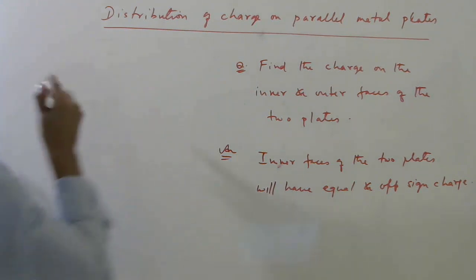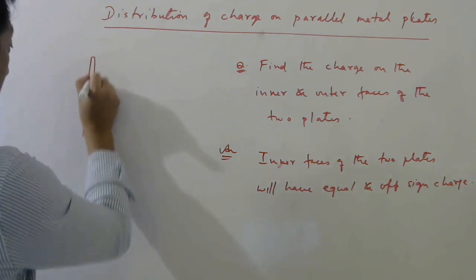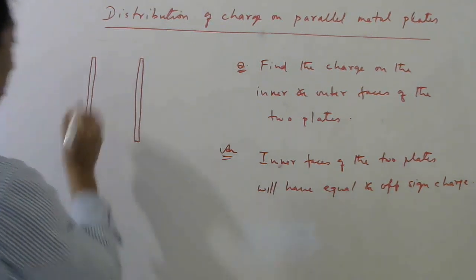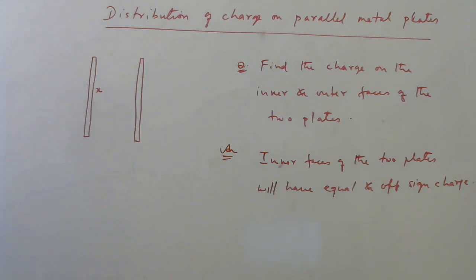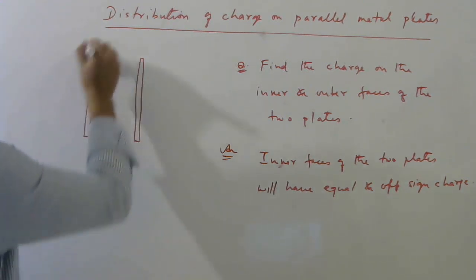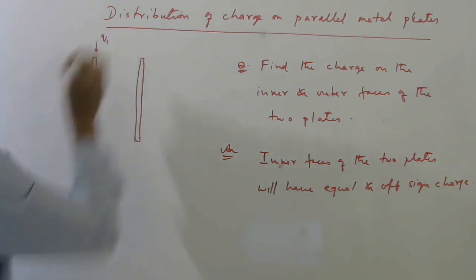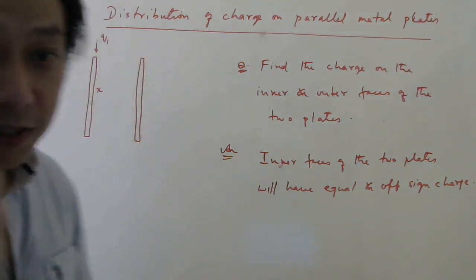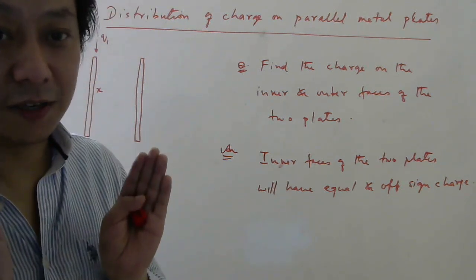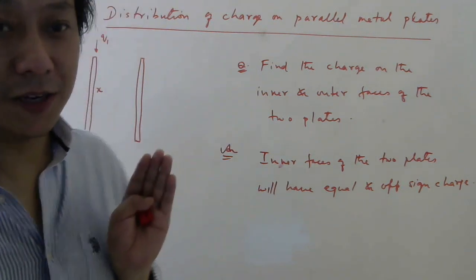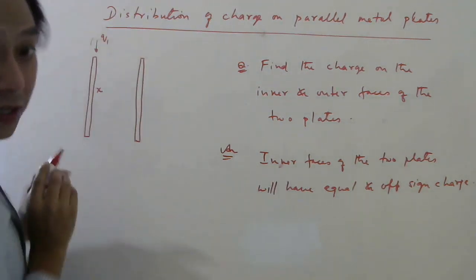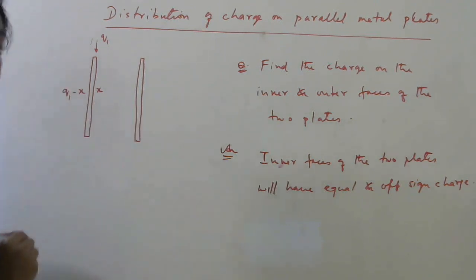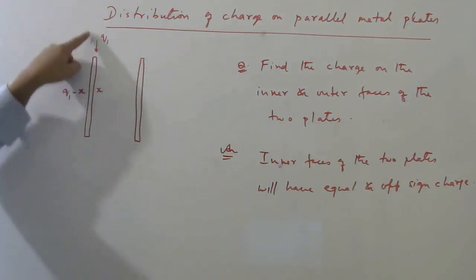So look carefully. This is the one plate, this is the number 2 plate. These are large plates. Okay, now here if I say the charge is x, then here how much charge should it be, because you have given how much charge, q1, and you know this is isolated, they are not connected to anything. You have just given them some charge and then it is isolated. Once you have given the charge, then it is isolated, so their total charge should remain conserved. So if this is x, this must be how much, q1 minus x. Understood, no? Because total charge should be q1.